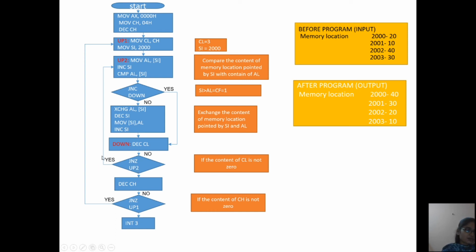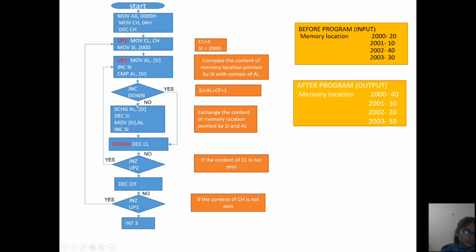So the program again comes to the up label 2 and this loop runs again and again till the content of CL register will be 0. If in this comparison the content of CL register is less than the content pointed by SI, then only carry is generated.